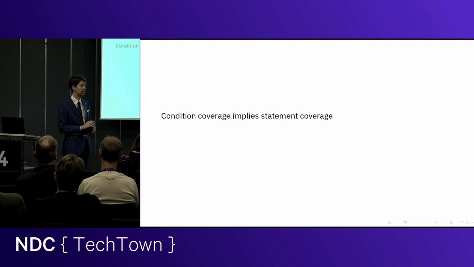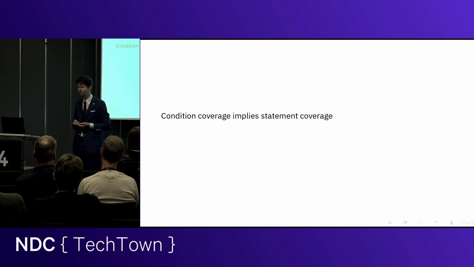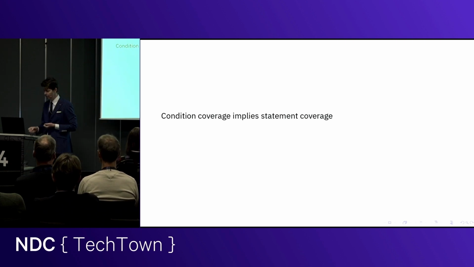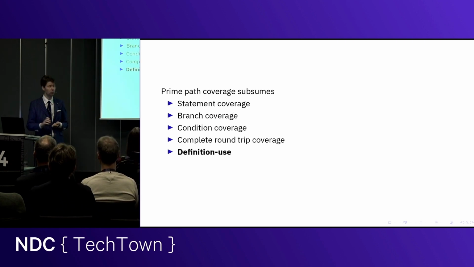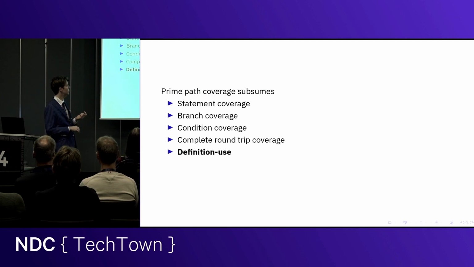It's very effective at that over long ranges because it has to track these pairs, right? But I cannot for the life of me remember it, and analyzing it by hand is just miserable, and tools don't really do that very well. But prime path coverage has been shown to subsume statement coverage, branch coverage, condition coverage, round-trip coverage, and definition use. Now what that gives you